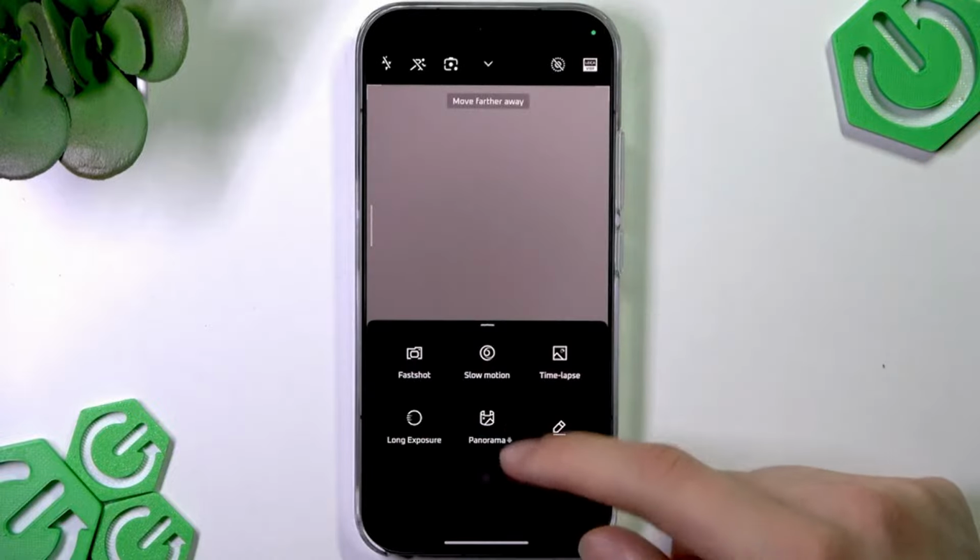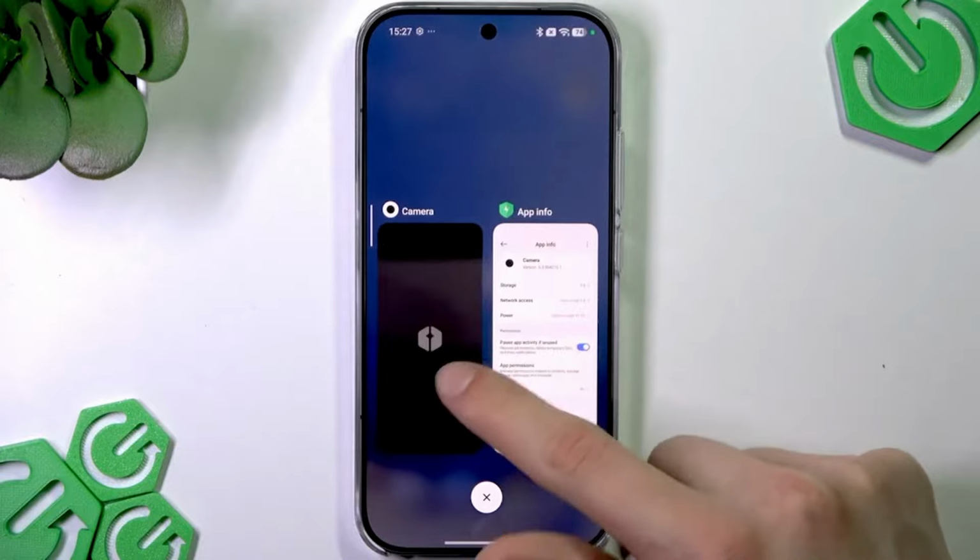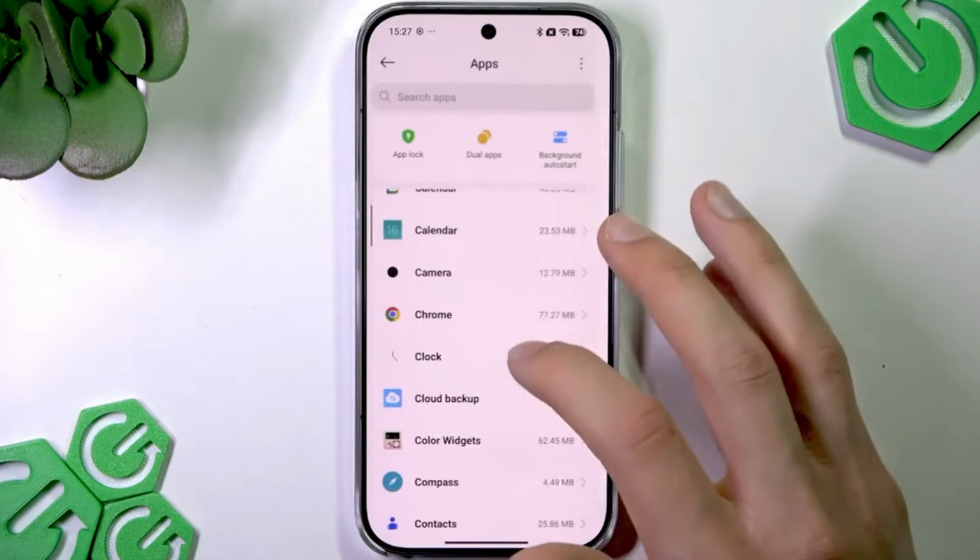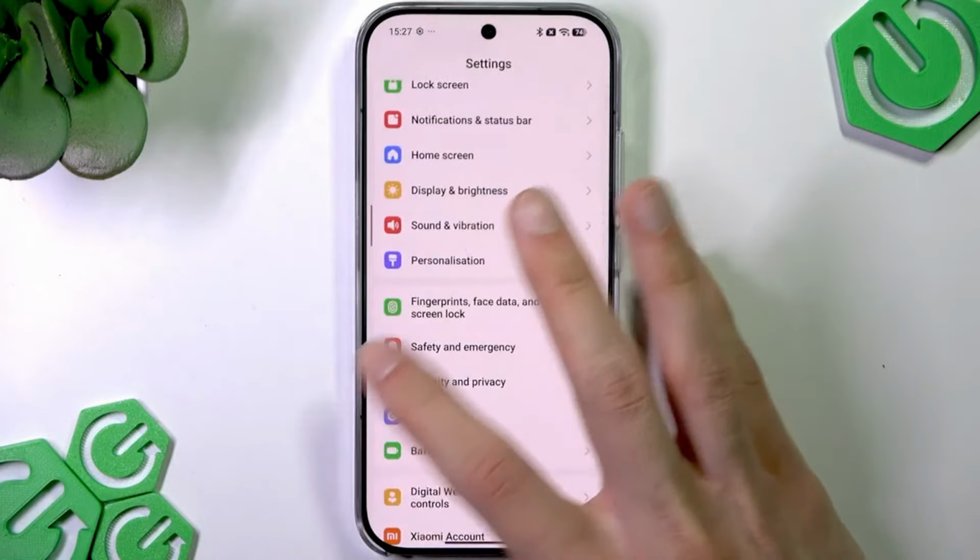But if you still have issues and your camera application is still crashing, then go back to settings and then go to About Phone menu, select storage and make sure that you have enough storage available for your camera to work properly, because maybe you just have not enough storage on your device. As you can see, in my case, I have over 200 gigabytes of available storage, so